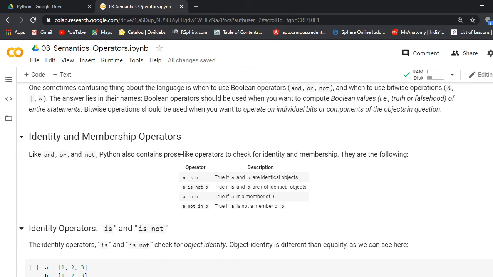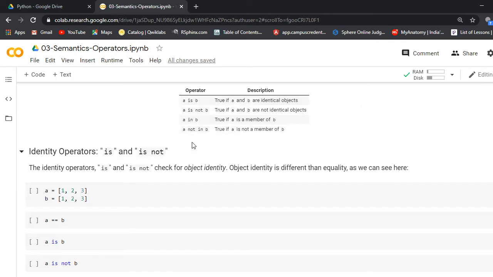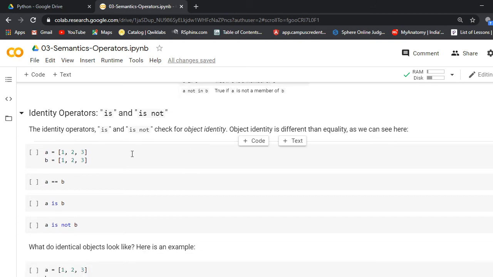So next are identity and membership operators. If you want to check whether a and b are identical or not, we use a is b. If they are identical, it will print true, and if not, it will print false.